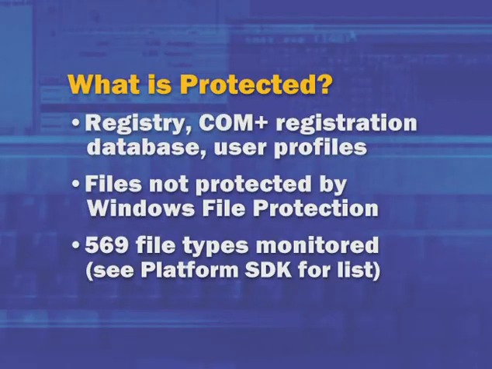The list is actually documented in the Platform SDK, and it includes things like .exe and .ocx and .sys, .dll, files that you would think of when you think of system files. It explicitly ignores or omits the extensions that are associated with data type files like .txt and .doc, .ppt, because what you don't want to have happen is when you are rolling back your system to fix a system reliability problem, you don't want your data to get lost in the process. And so those file types are excluded from that list.